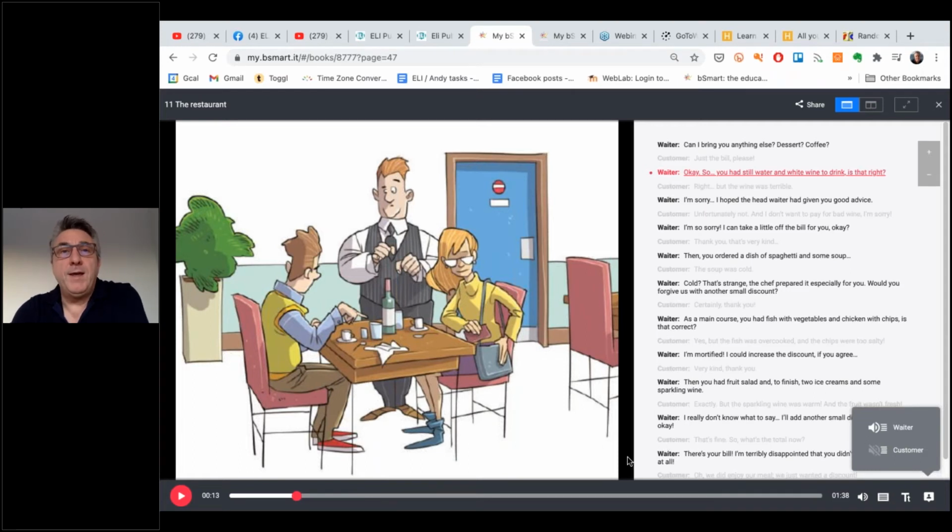Now, when I play, you can see that the text is slightly hidden, but enough to read. That's like listening karaoke. So the students can practice a little bit. They'll hear the waiter, and when it's time for the customer, you will hear nothing, and that is your turn to play. All right, so let's listen to what happens next.